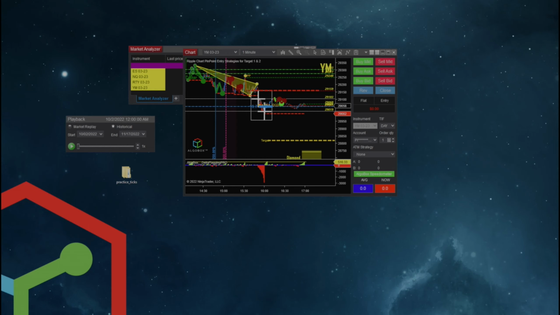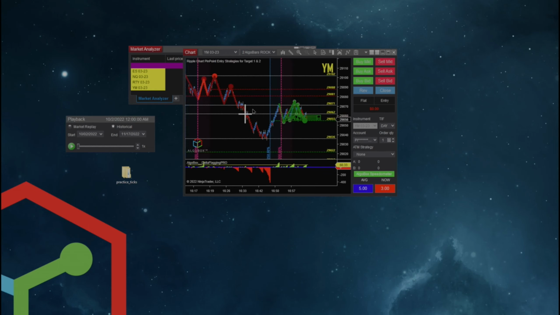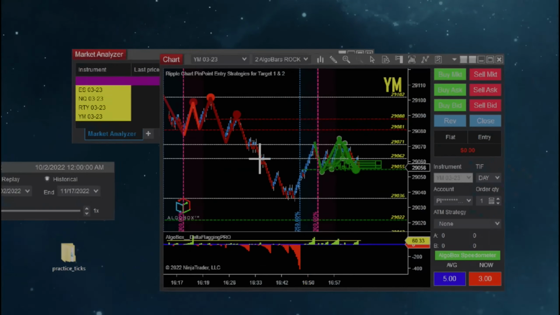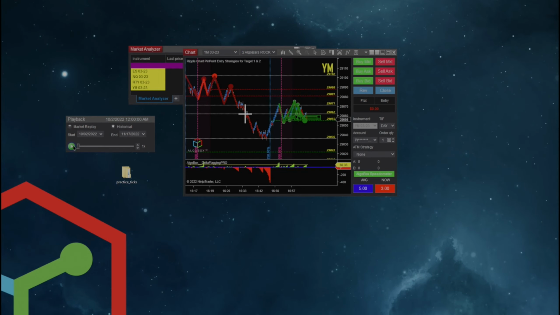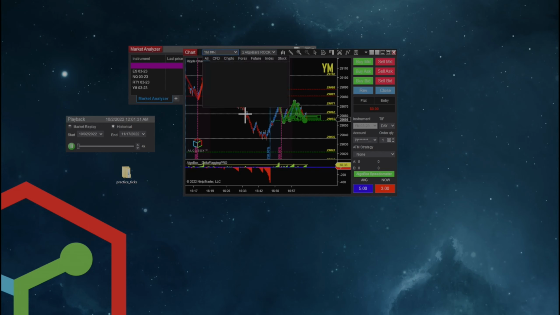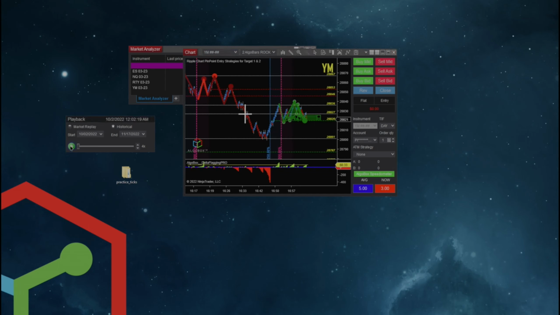So see, this is actually, hold on. All right, so you notice that if you look at the contract month, you'll see that it's the March 23 contract month. But if you play it, you'll notice that nothing is actually moving. You have to go here and make sure that you change that so that it matches the data that's in your tick file. So you do that, and now when you press play,